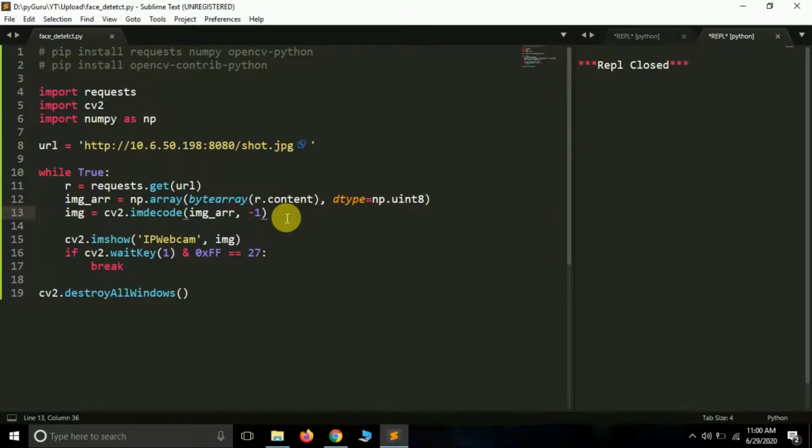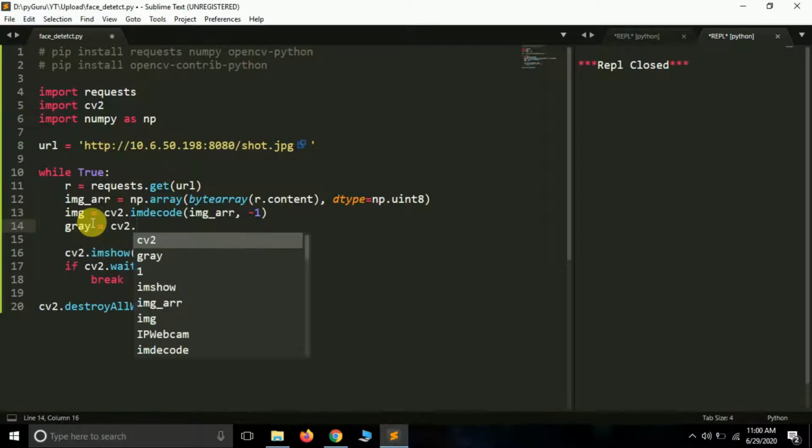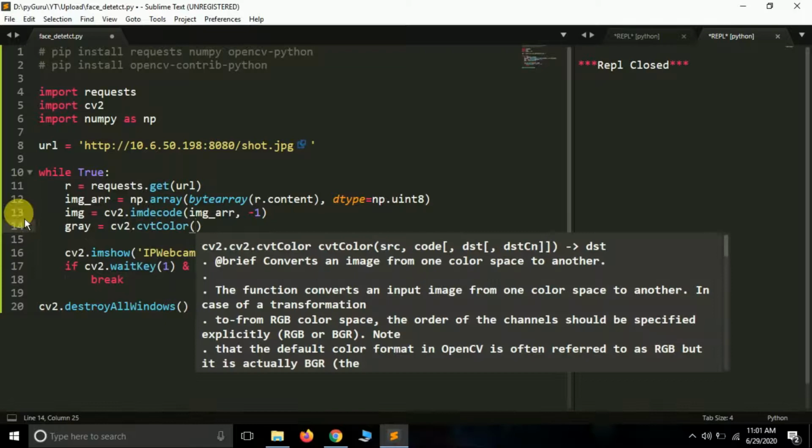See here, there is one thing that you should know, that it's easier to detect faces in a black and white image than it is to detect in a colored image. So I'm going to convert this image to grayscale. Let's see how we can do it. So gray is a variable. It's very easy. cv2.cvtColor, which is a function which will convert the color image into a grayscale image.